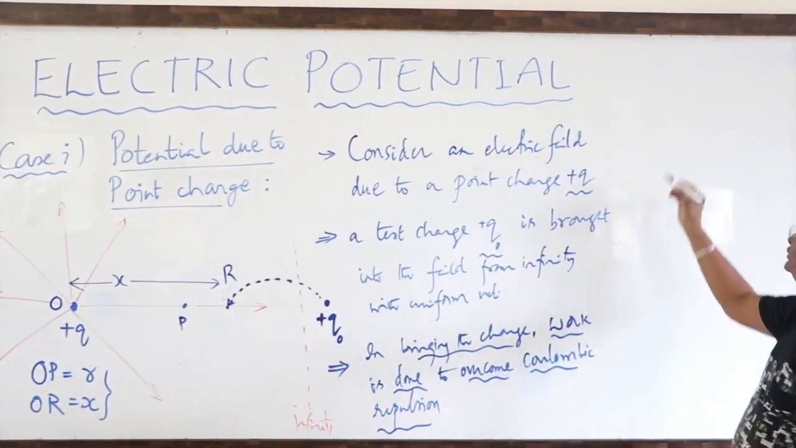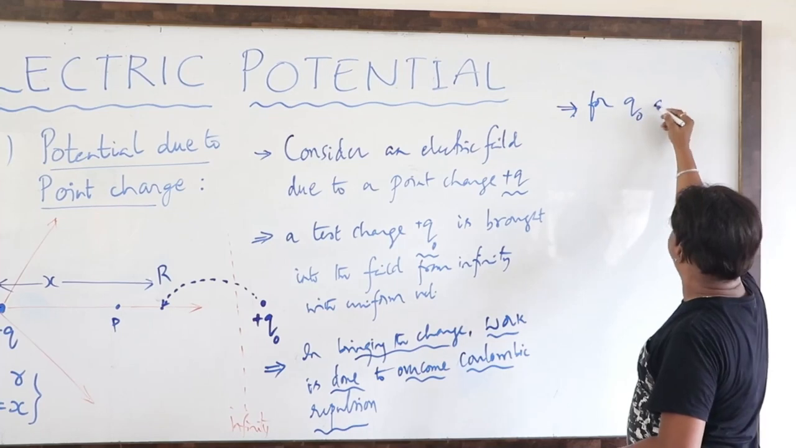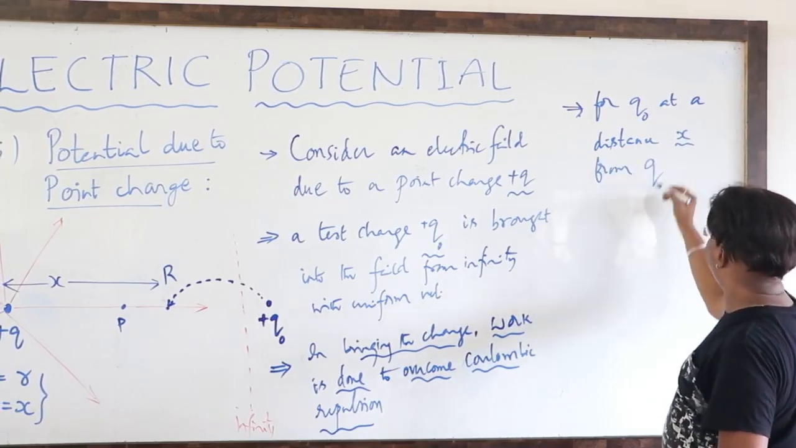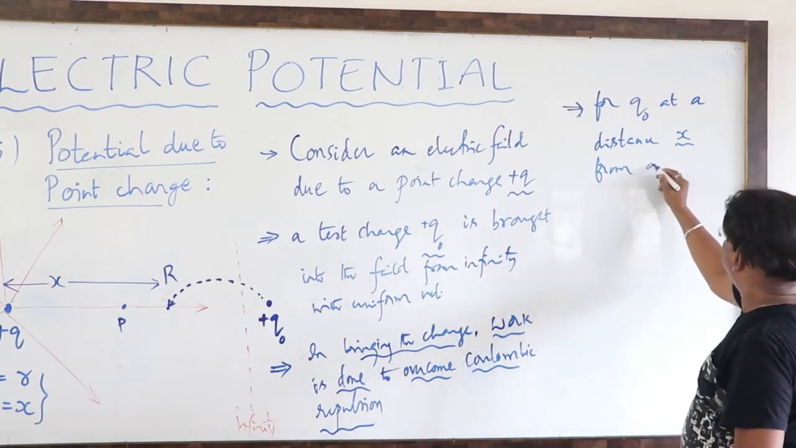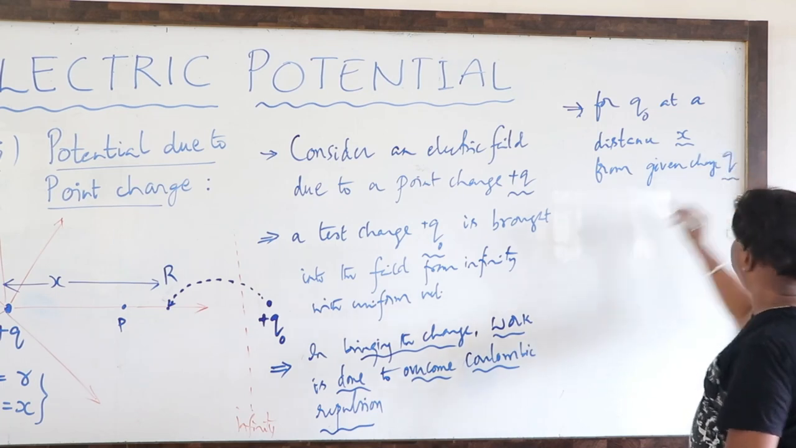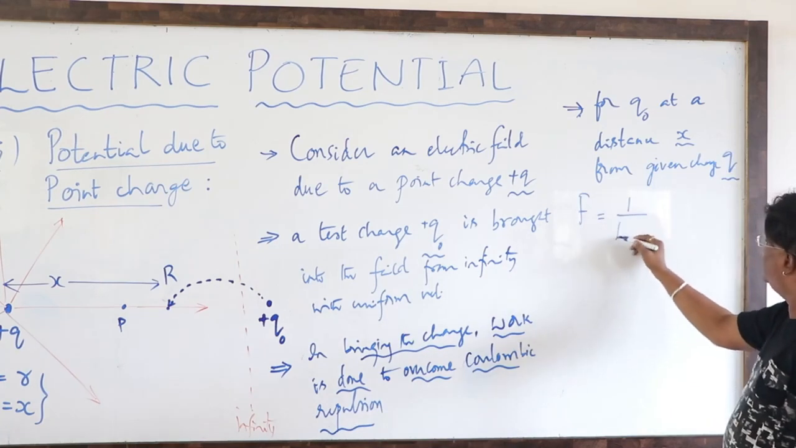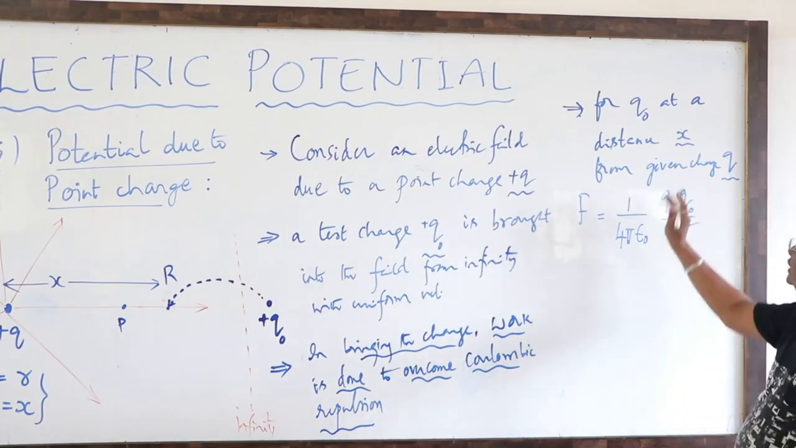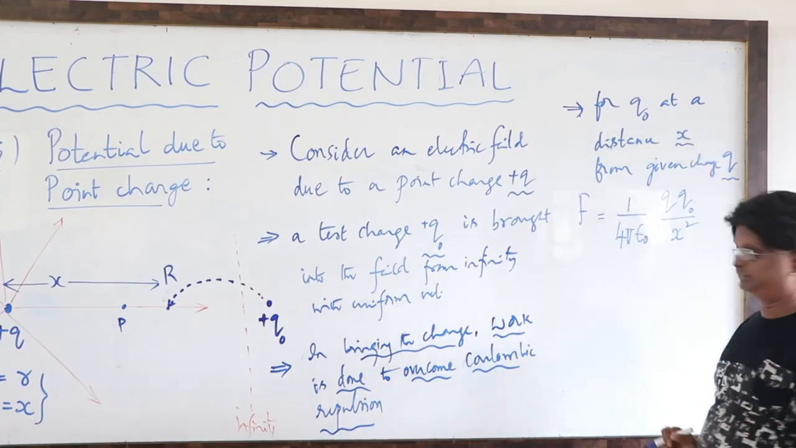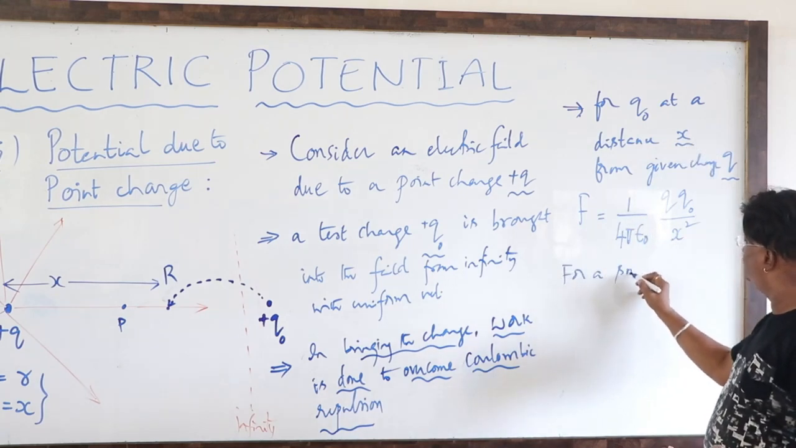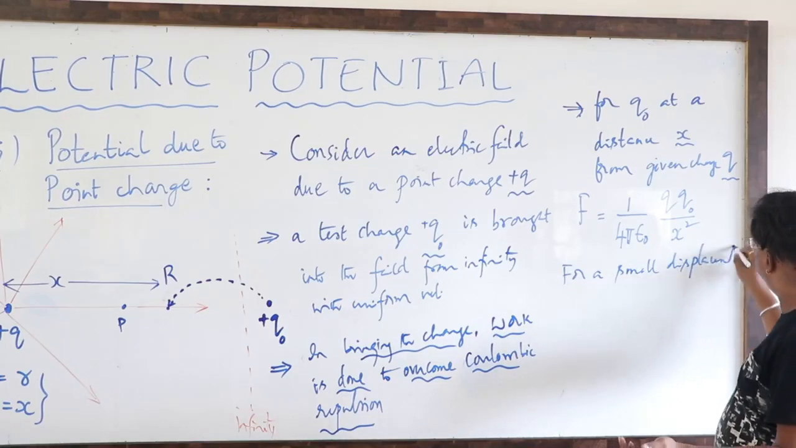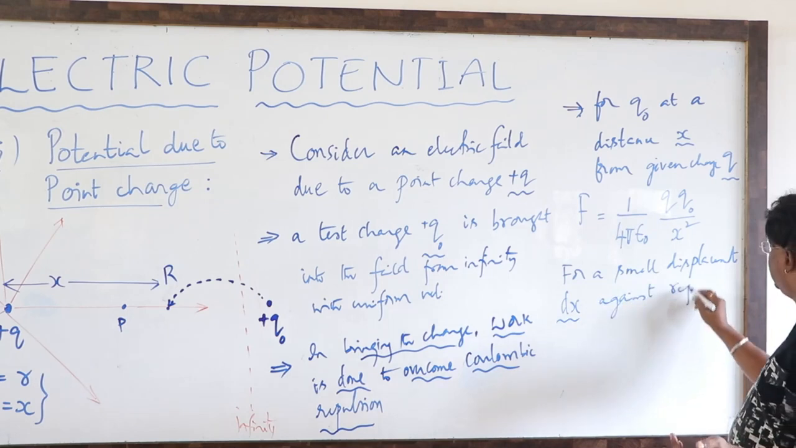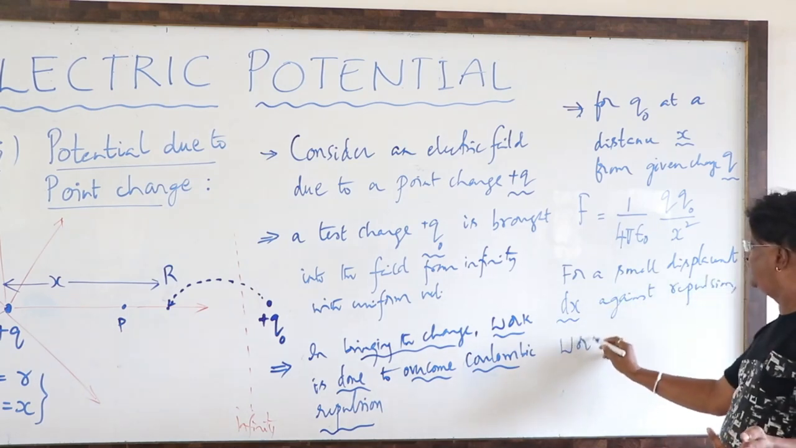Now, two important points, right? For Q0 at a distance small x from the given charge Q, what is the Coulombic force? F is equal to 1 by 4 pi epsilon naught Q Q0 by x square. This is the Coulombic force experienced by Q0, and that is repulsion. Right? Now I am writing for a small displacement dx against repulsion, work done is,